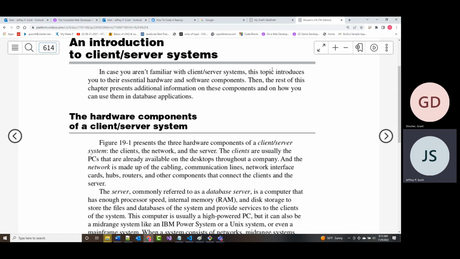The disadvantage is if your machine is acting as a client and a server, anything you do that's server side can only be seen on your machine because it's your machine that's acting as the client and the server. All right. So as it says here, the clients are usually the PCs that you have on desktops throughout a